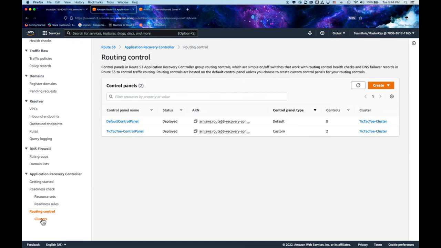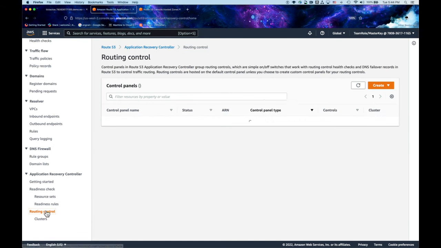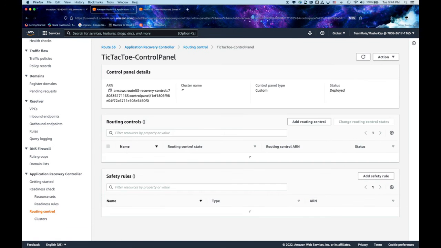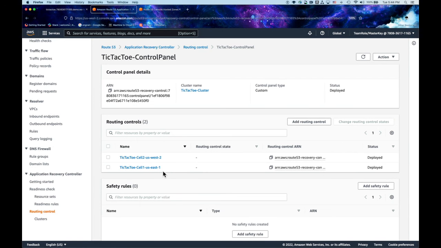This control panel is associated to the cluster that I have built here. This is my tic-tac-toe cluster. When I go into the control panel, I already have these routing controls set. One routing control for each region. Both of these are currently in an off state, which is fine.